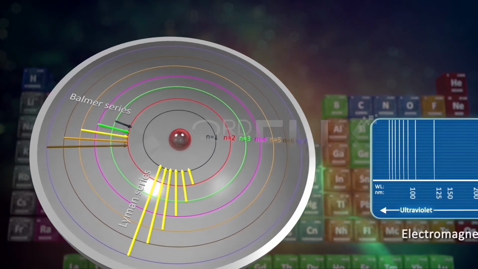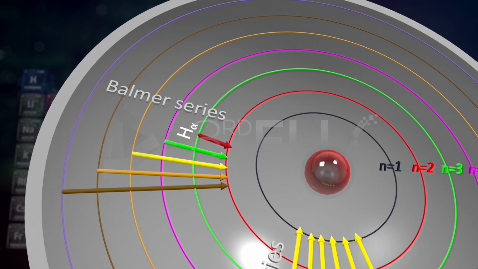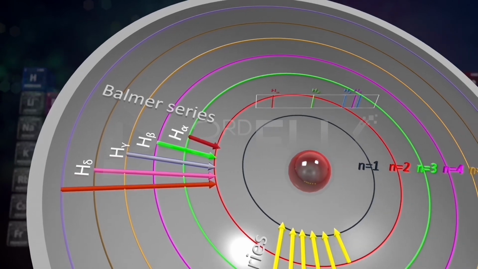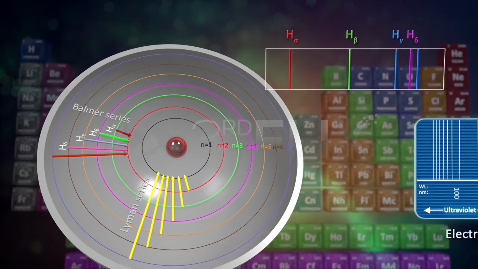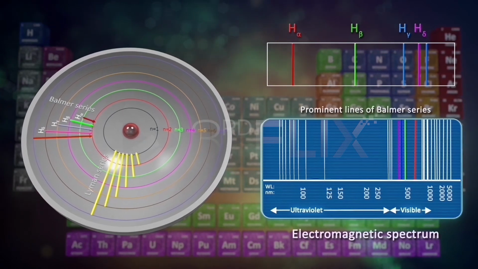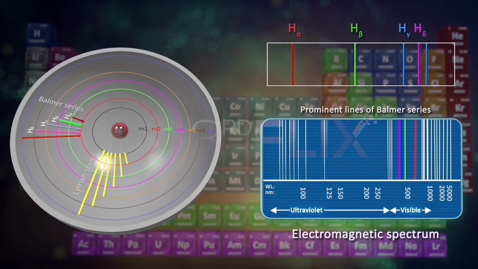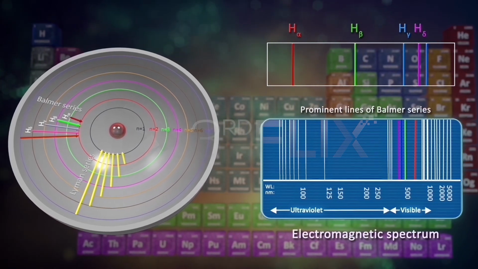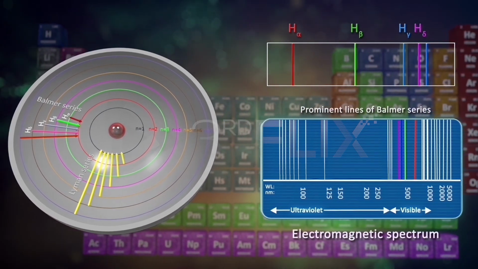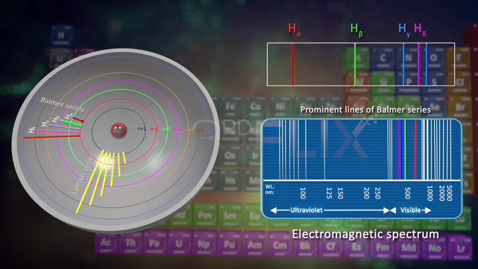There are 4 prominent colored lines in the Balmer series, designated as H-alpha, H-beta, H-gamma, and H-delta. The lines are observed to be increasingly close to each other as the wavelength decreases until a continuum is reached. The color of the H-alpha line is red, H-beta is greenish-blue, H-gamma is blue, and H-delta is violet. Their respective wavelengths are